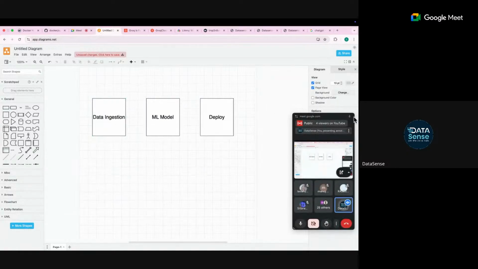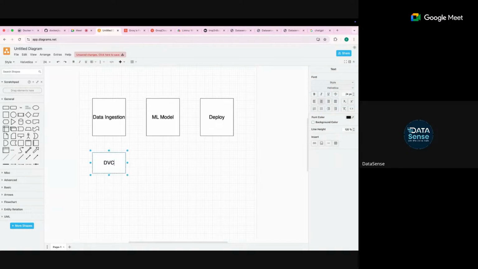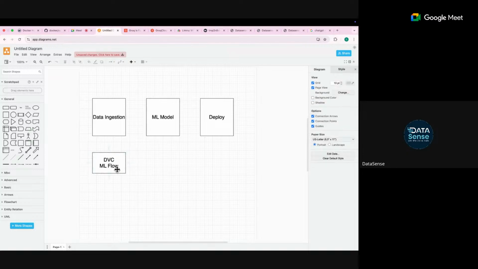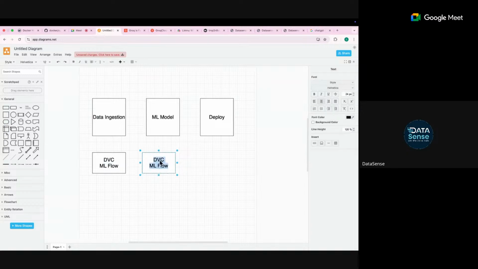First of all, suppose you take the data part, right? For example, this is your data ingestion part. It comes from somewhere. To orchestrate this, we mainly use DVC, Apache Airflow, or MLflow, whatever you want to use. There are a lot of things. Once you're done with this, there are more tools, like Prometheus, I can keep on going, but I'm going to discuss the major things.